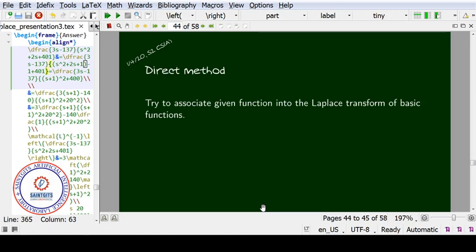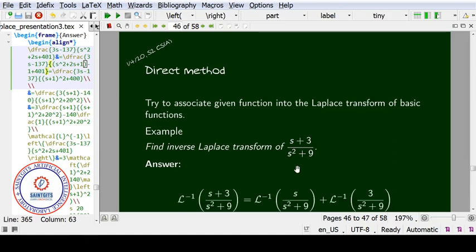Direct method is straightforward. We try to associate given function in the S domain with the Laplace transform of basic functions. For example, consider the function (s plus 3) by (s square plus 9). Suppose we want to find the inverse Laplace transform. First of all, we try to write this expression as two simple fractions. The denominator is the function s square plus 9, so divide each term in the numerator by s square plus 9. So we got the answer like this: